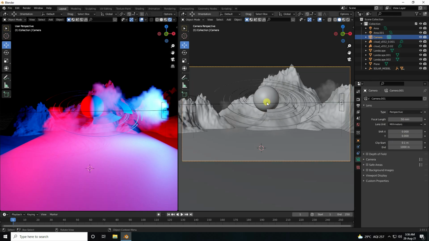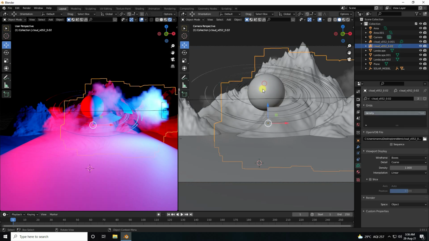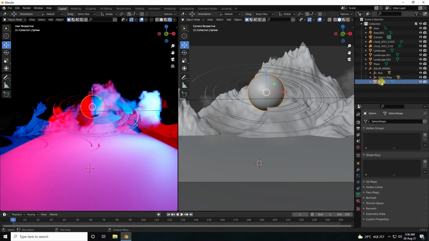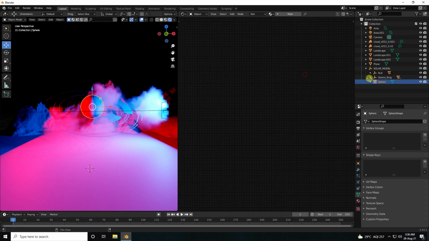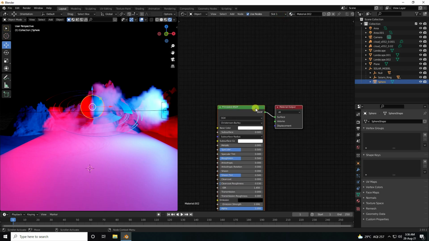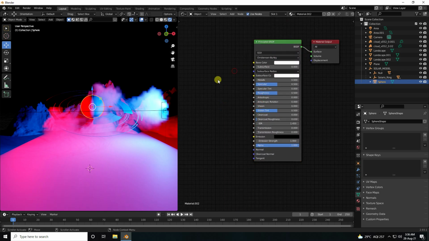Okay, so now guys, I create material for this solar planet, this one, sphere. So unfold this layer, and see guys, that's my sphere. So go on here, shader. Yeah, and create new material. So click on here, new material. Yeah. Okay, so now guys, holding shift key and press A letter and apply image texture.